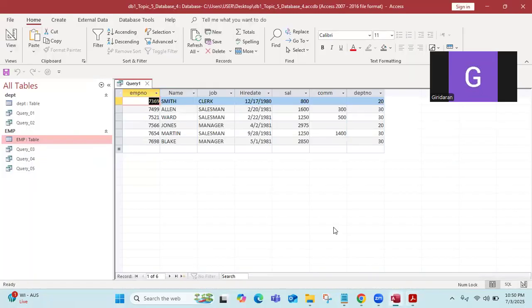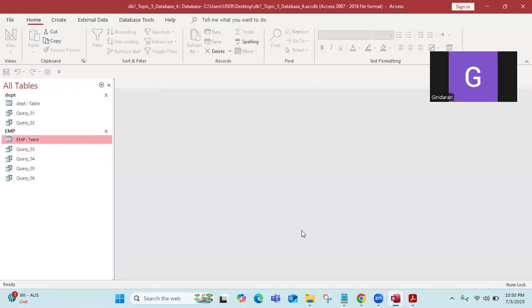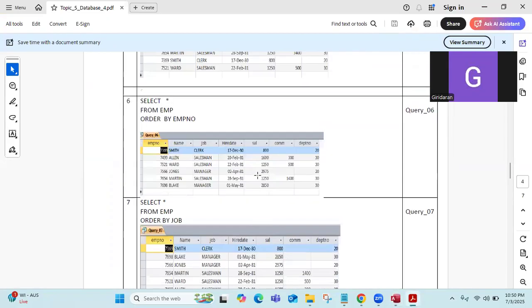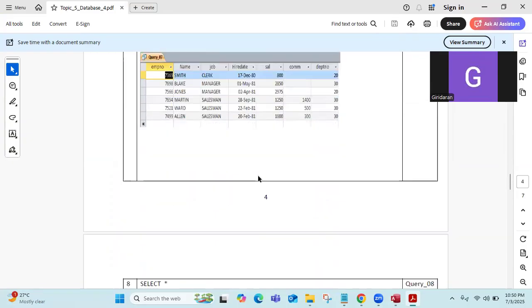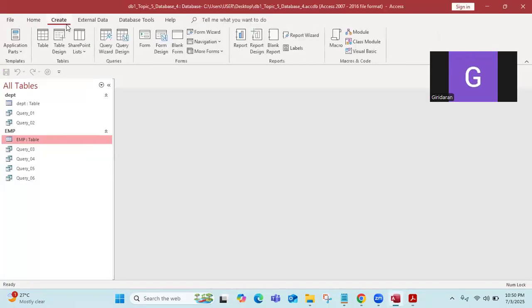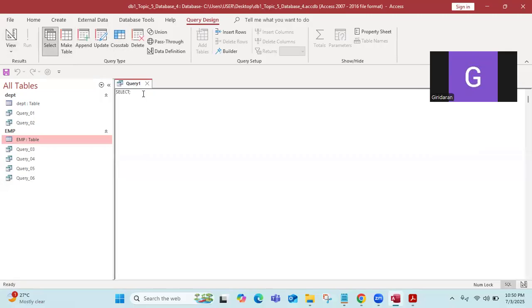Then I'll go to SQL view and save this as query 6. Okay, so that part is done. Then the next one is select all from EMP, ordered by job. So here again we'll go to the query design and SQL view. Then I'll say select all from